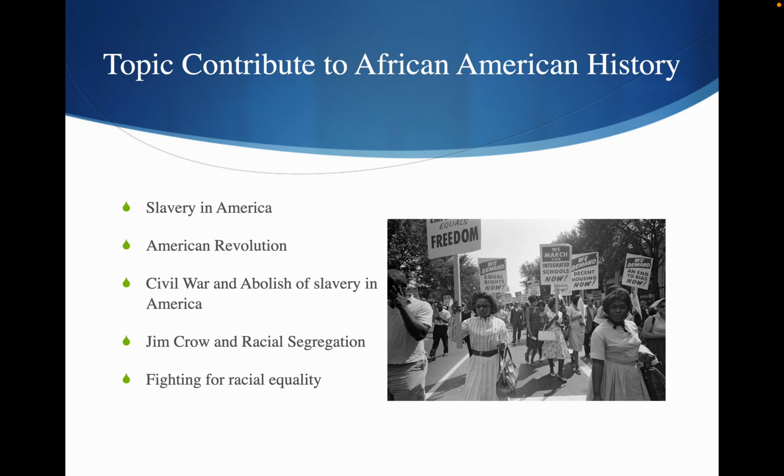The slave trade definitely contributed a lot to African Americans' history and their lives till now. Throughout the 17th and 18th centuries, people were kidnapped from the continent of Africa, forced into slavery in the American colonies, and exploited to work as indentured servants and labor in the production of crops such as tobacco and cotton. In the 17th and 18th centuries,